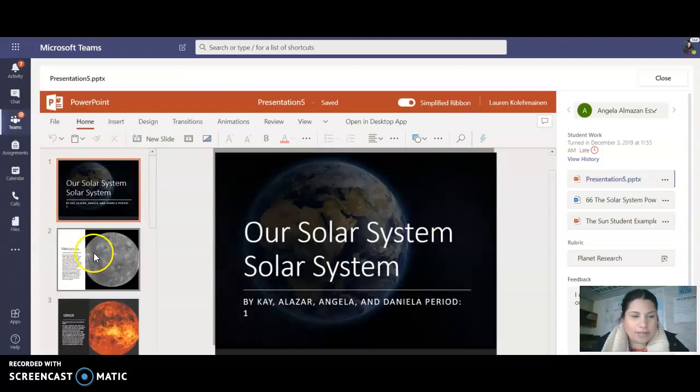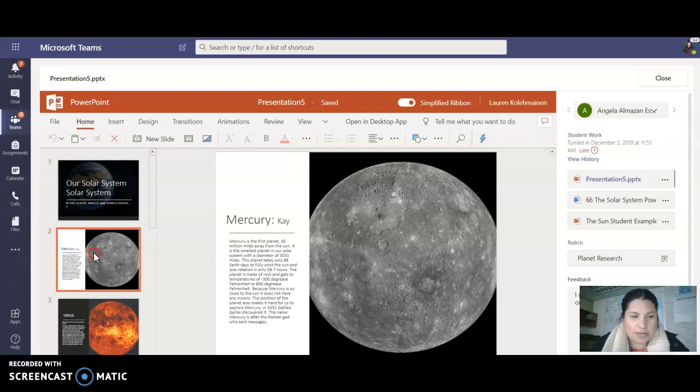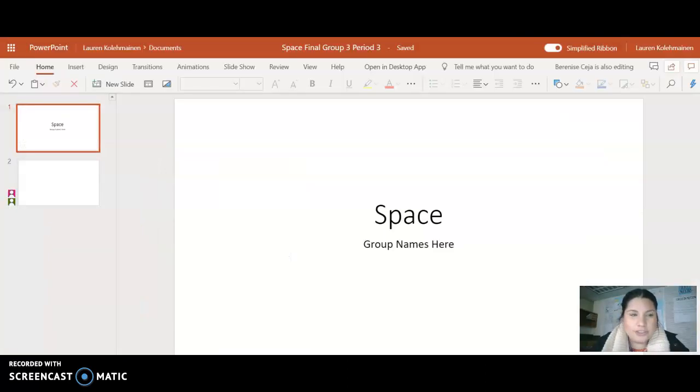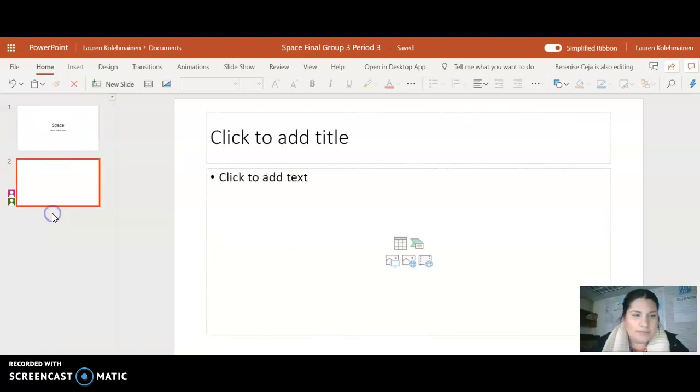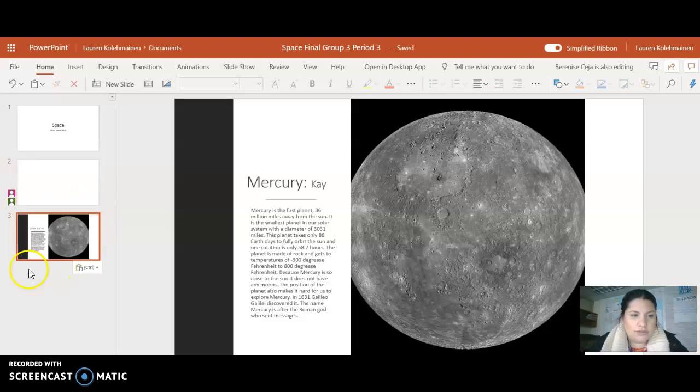you're going to go to your slide that you are going to copy paste. You're going to right click your mouse. You're going to click the copy button. You're going to go back to your Space Final PowerPoint. You're just going to click on one of the slides down here, and then you're going to Control V to